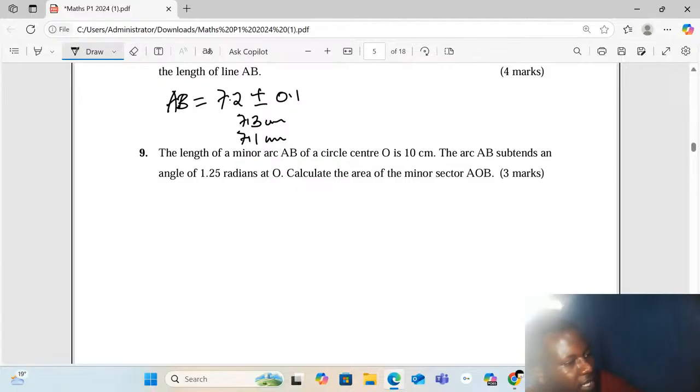Area of the minor sector AOB. The length of a minor arc is 10. The arc AB subtends an angle of 1.25 radians. Now calculate the area of the minor sector. Good. Now we have to change this